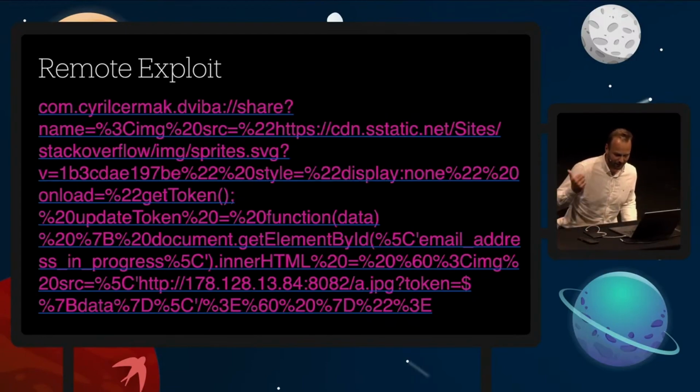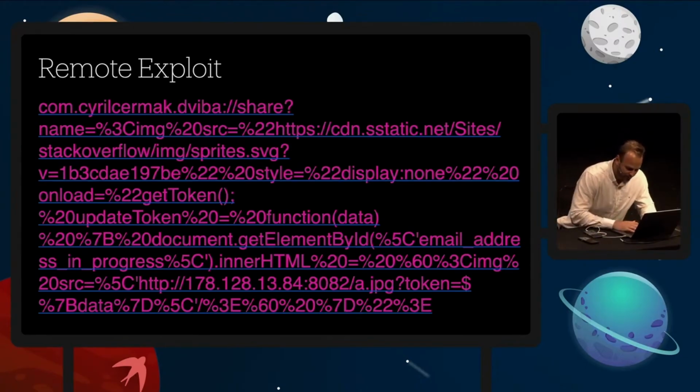And this took me like 5 hours to figure out, all the escaping characters. But essentially, now we have a deep link that should trigger something in the app, and we are passing in our maliciously developed JavaScript that should exploit the share with a friend feature.